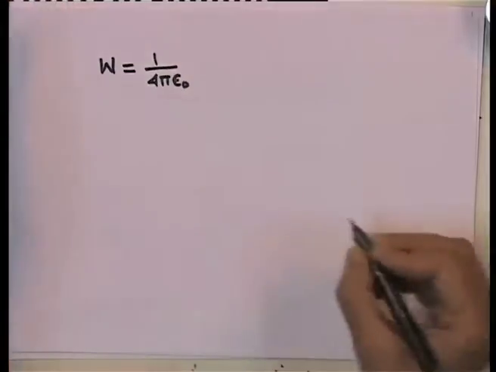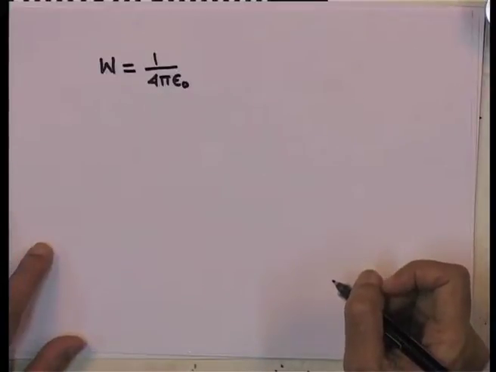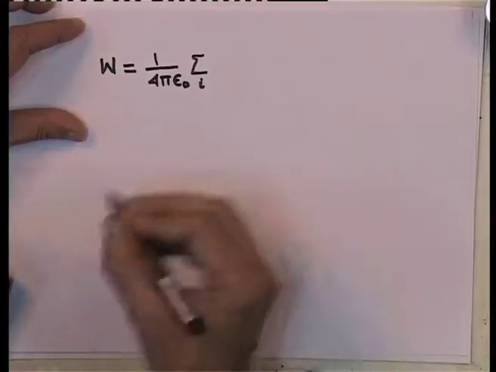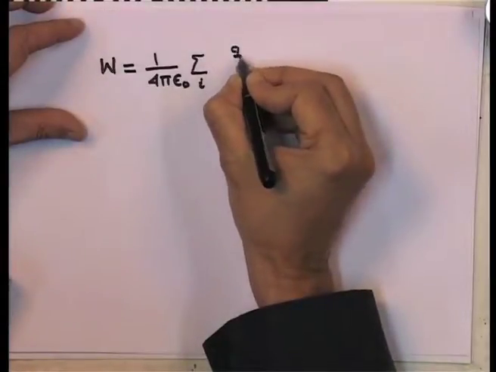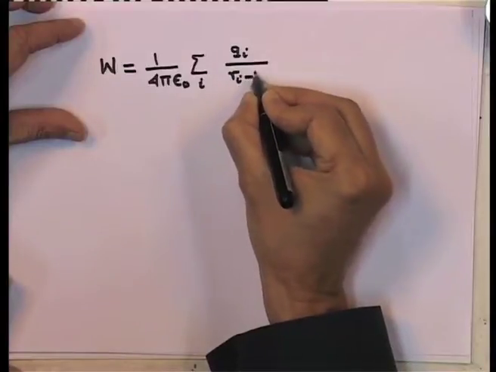Now, let us look at how much work is done in bringing, let us say, the jth charge when all other charges are already there. So, let me talk about the presence of charge as a sum over i. So, I have Qi by the vector Ri minus Rj